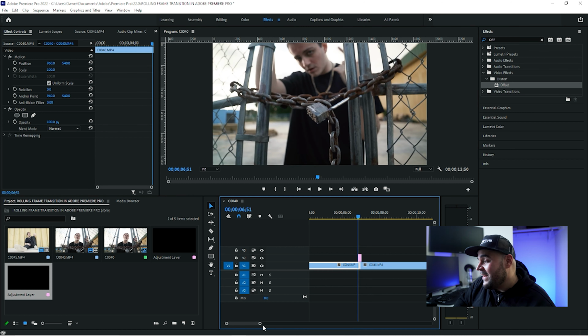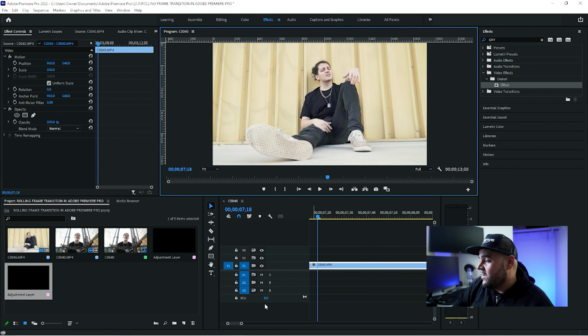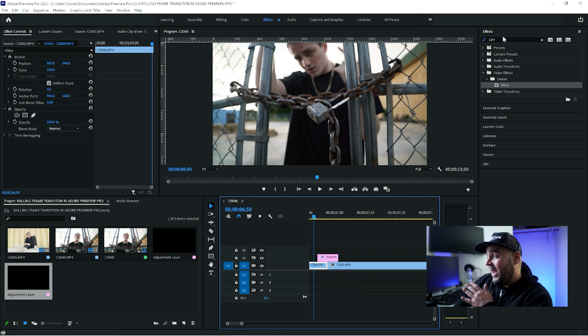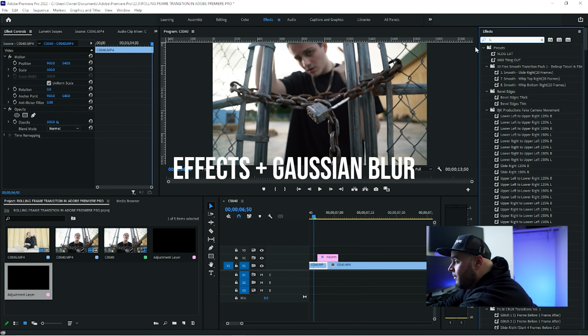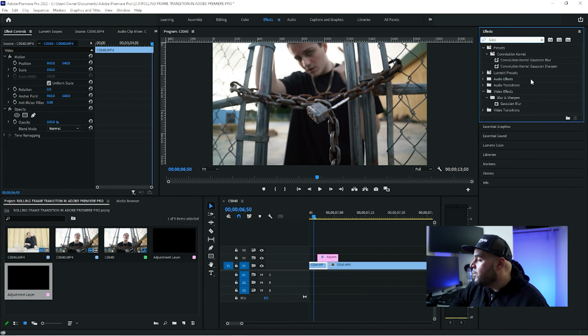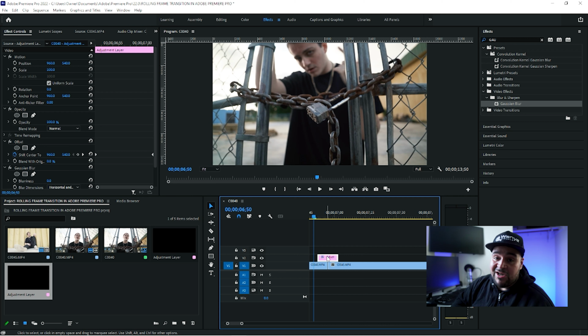Okay, after that, now what you're going to want to do is bring a little bit of motion blur into this effect, because otherwise it's just gonna look really fast and not real. You know what I mean? We want to give it that realistic look, so we're gonna go back up to effects control and type in Gaussian blur, and that will be under blur and sharpen. Okay, so we drag that Gaussian blur onto the adjustment layer,